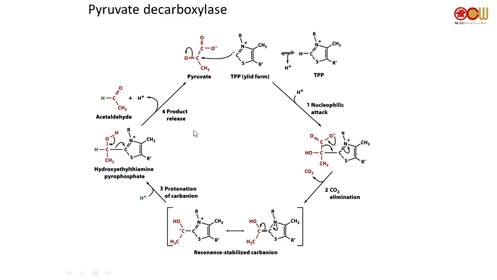But what you should notice is that the key idea is that over here, you generated a beta keto acid, kind of. Remember that this is the electron withdrawing mechanism so that you can stabilize the electrons from decarboxylation. The electrons can be stabilized here through resonance. So that's the key idea: turning an alpha keto acid into a beta keto acid such that you can mediate the decarboxylation.